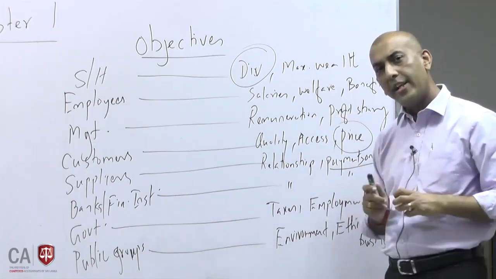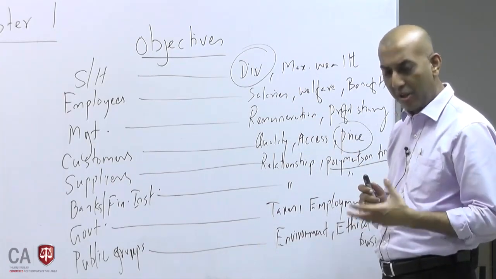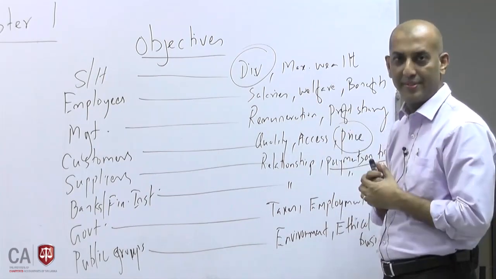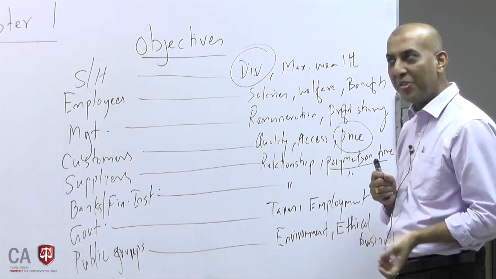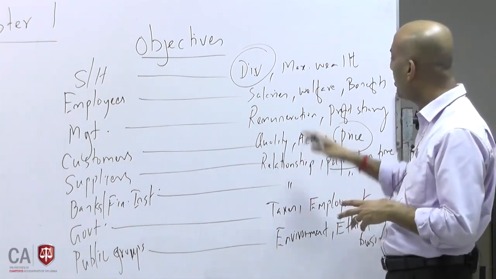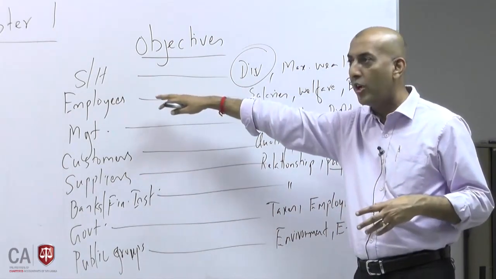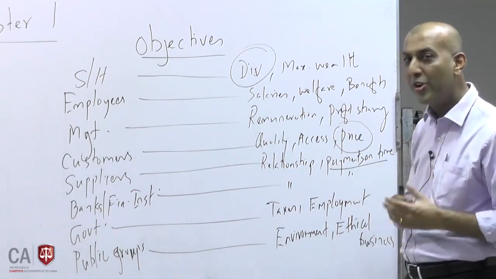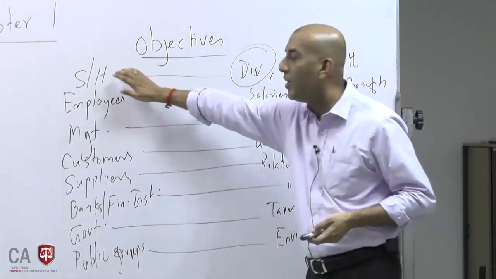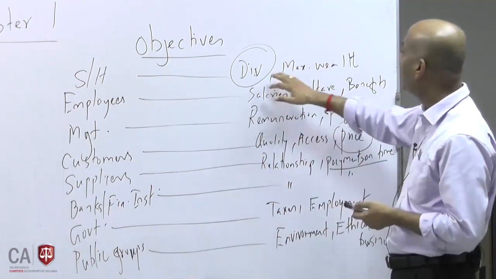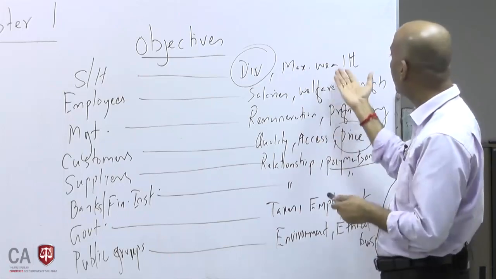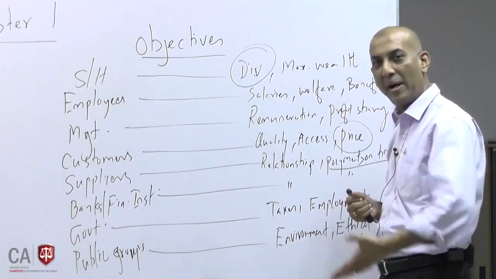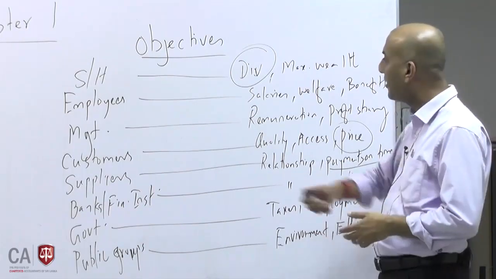When you go to give all these expected objectives of the employees, the problem is, what happens? Your profit comes down. So when your expenses are going to go up because a stakeholder wants it, your profits are going to come down. Since the profits are going to go down, who is going to get affected? Shareholders. Why? Shareholder wants dividend, that means good dividend, and he wants wealth creation. In other words, you need to be profitable regularly. You need to make money, you have to grow, you have to pay dividend, all that shareholder wants.